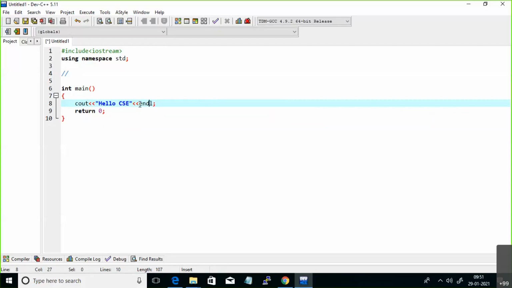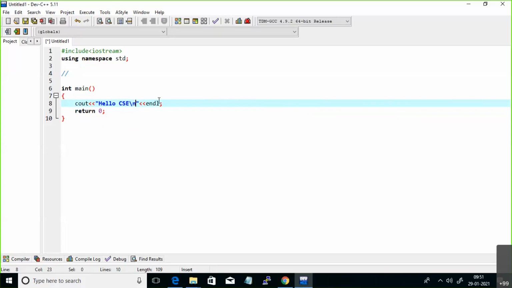Okay, that new line character, you can also use it like this: \n. \n you can use here too, because C++ is an extension of your C language. Whatever you have used in C, you can use in C++ as well. Additionally, we are adding the object-oriented features here.